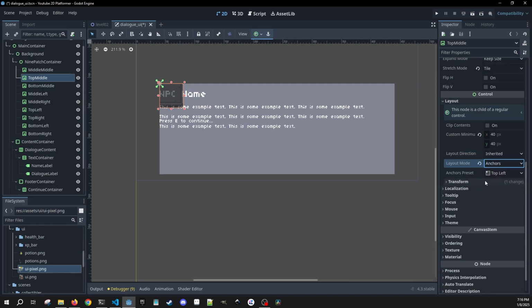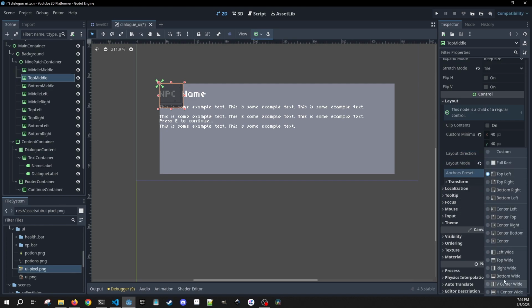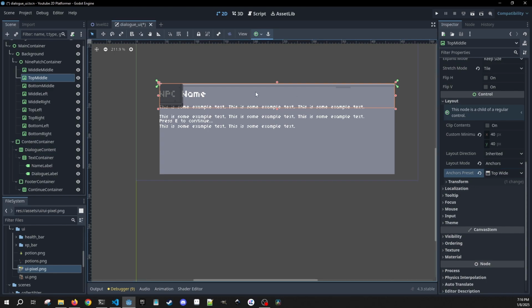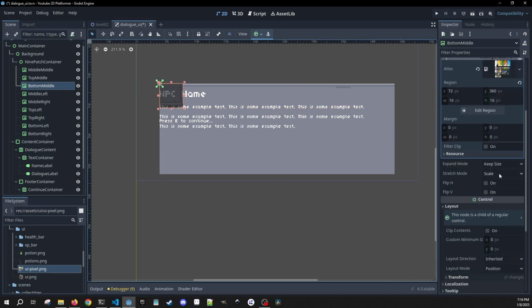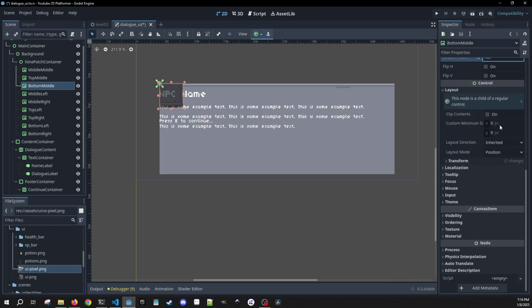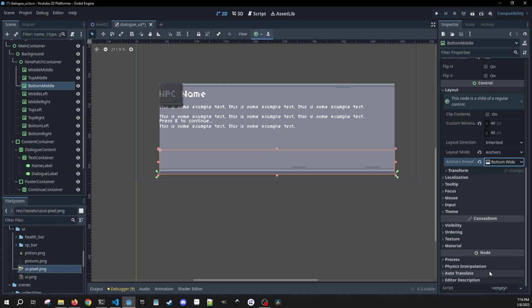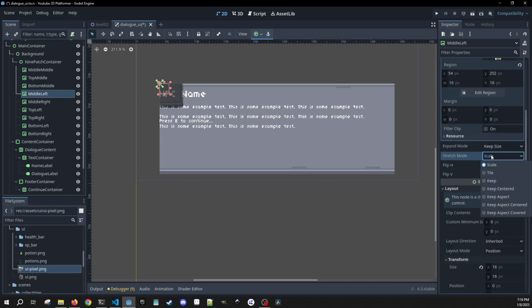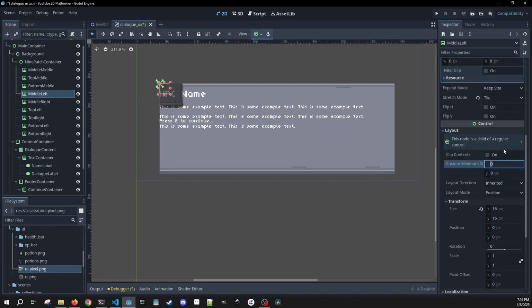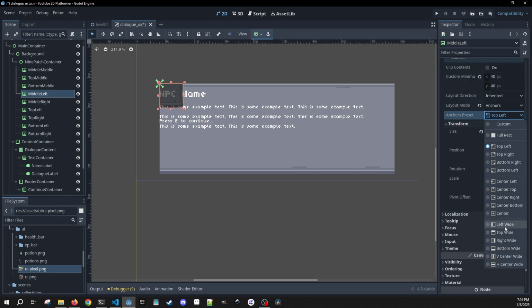And we're going to anchor it. And we're going to go to the top wide. So you can see now that it's stretched all wide. Then we're going to go to bottom middle, and we're going to do the same thing. Make sure that we have our minimum size, anchors, and we're going to do bottom wide. Then our middle left, we're going to do the same thing, scale on the tile, 40 by 40, anchors. We're going to do left wide,